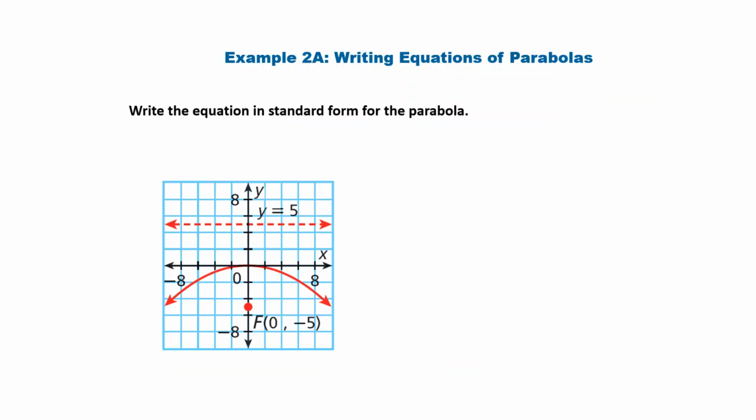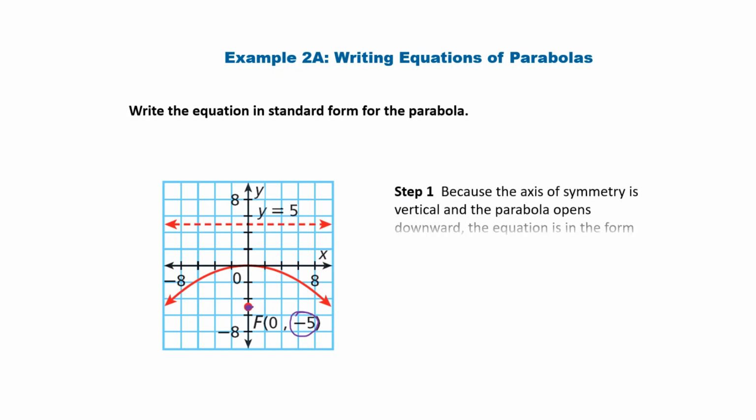Example 2 tells us to write the equation in standard form for the parabola. This time again, notice that we've got our focus at (0, -5). And since our focus is down here, we know our parabola is facing downward. That p is negative. And our directrix is positive, y equals 5. So, because the axis of symmetry is vertical and the parabola opens downward, the equation is going to be in